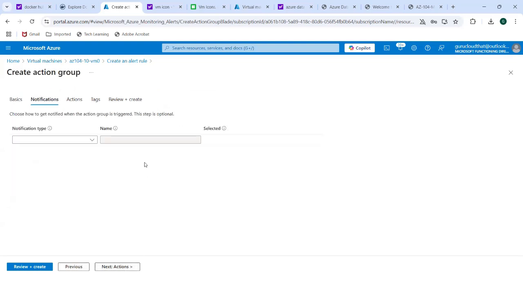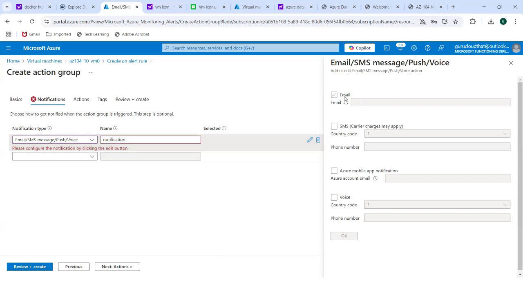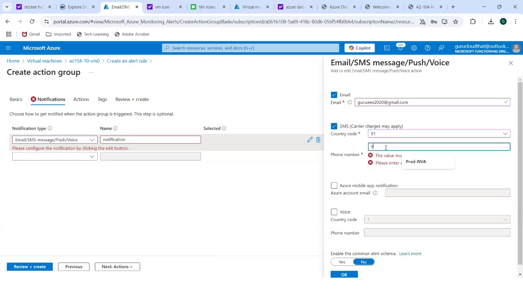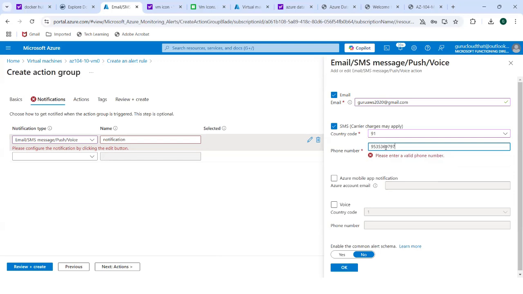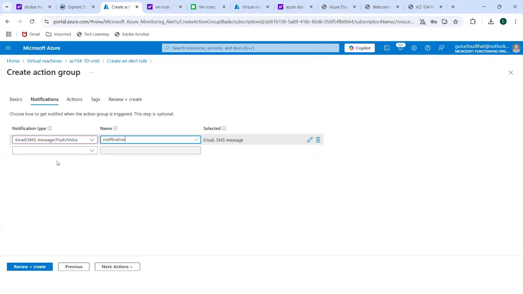And I'm going to create a notification. So I'm going to push the SMS to my team as a notification. So I'm going to email it. For example, let's say aws2020@gmail.com. I'm going to send a message to my mobile. I'll get a message to my mobile. Okay. And I'm going to create it. Now, the notification will be sent to my email address. For example,